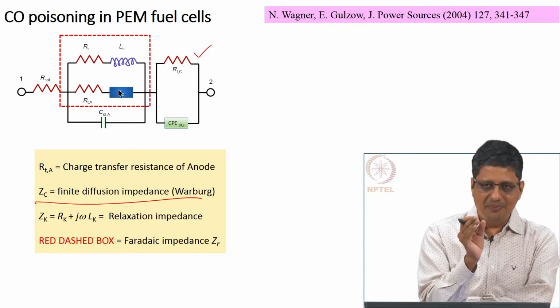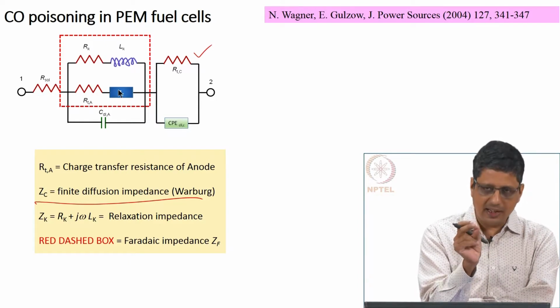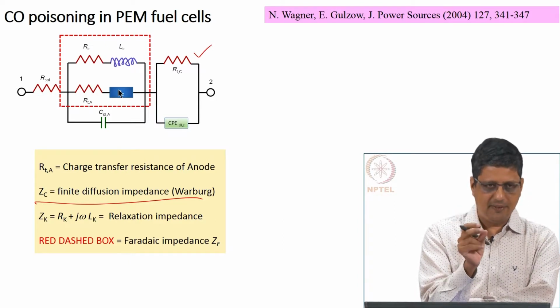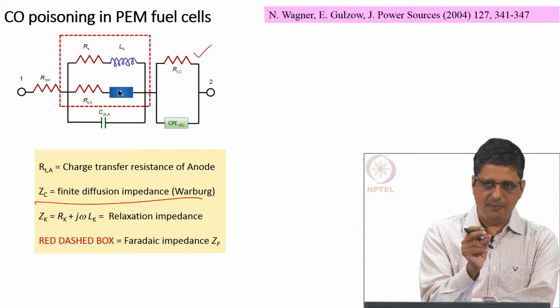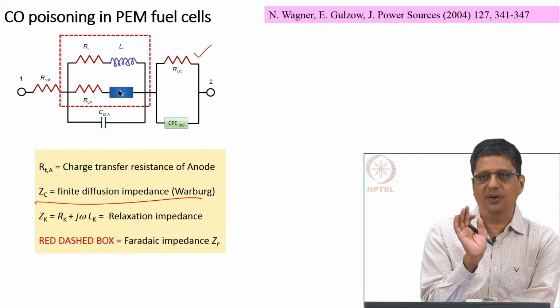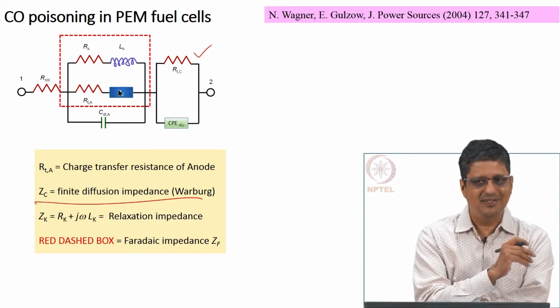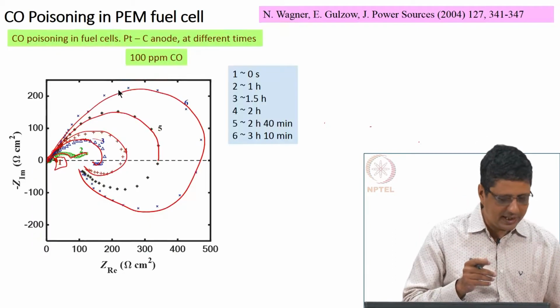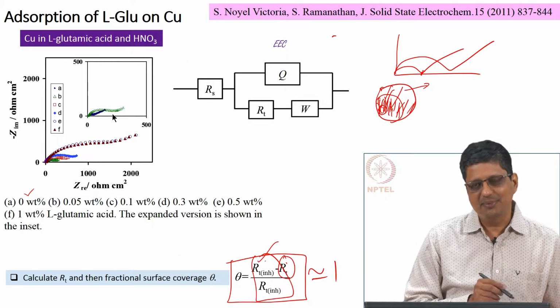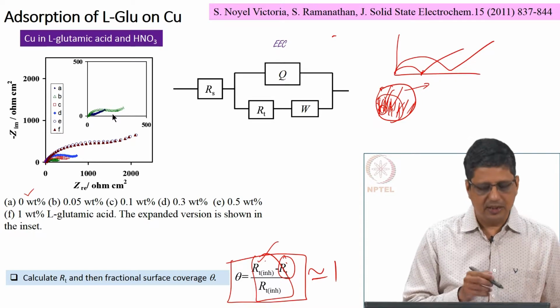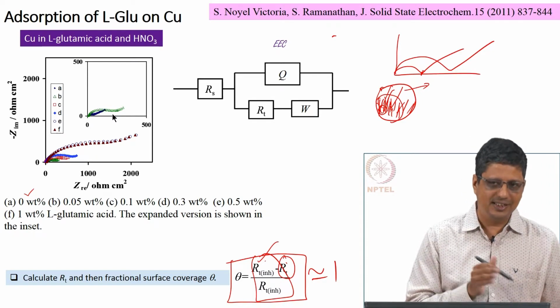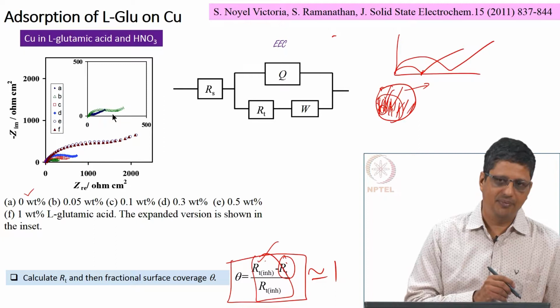Second, if you think the diffusion of the species is going to play a role, because if you put a thicker membrane, it is going to make an impact. You put a thicker catalyst layer or gas diffusion layer, it is going to make an impact, then mass transfer is playing a role. So, you can't just look at the spectrum all the time and say this is what is happening. I can look at the spectrum here and I can say it is probably Warburg impedance, but that is also because I know the solution is not stirred and the electrode is kept stationary.